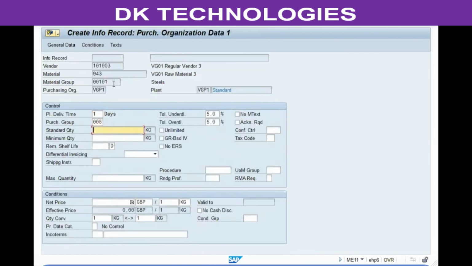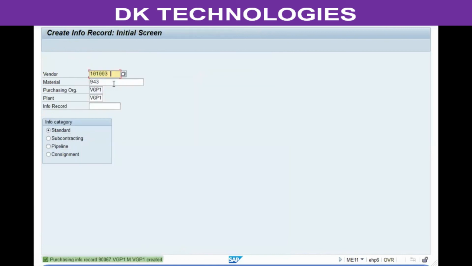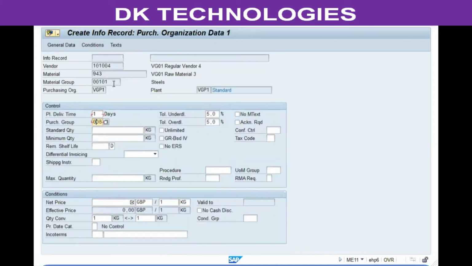Alright. So once the info record is created, whenever you want to make a change, you go to ME12 and make the changes. So let's complete this creation and then go for